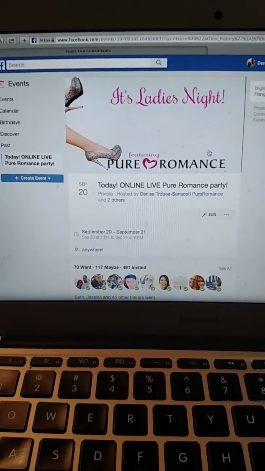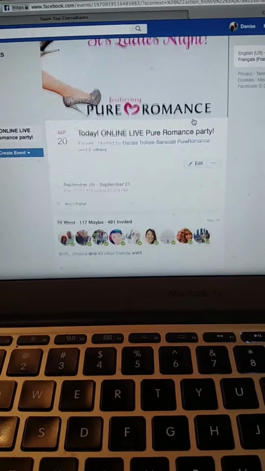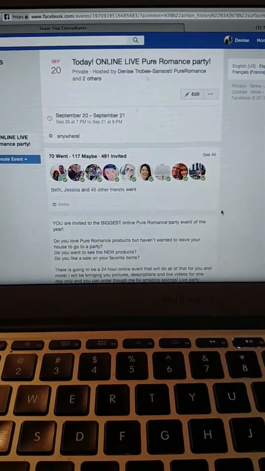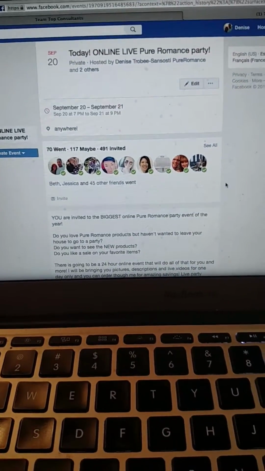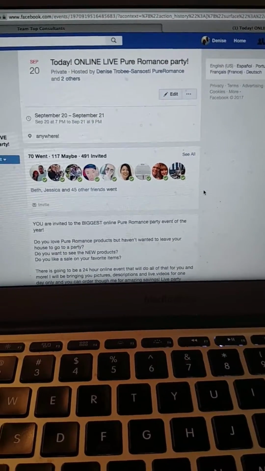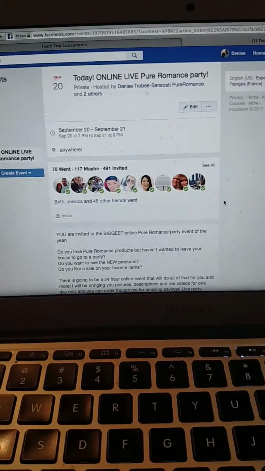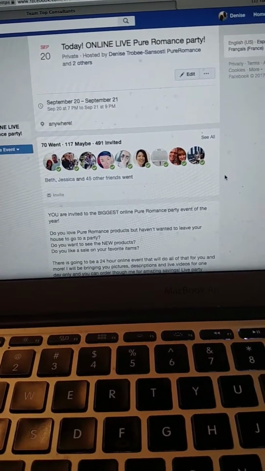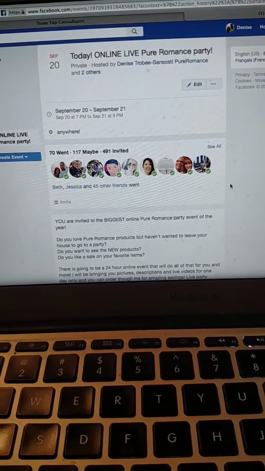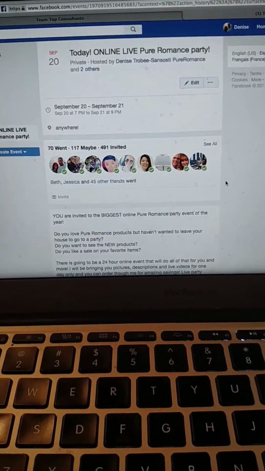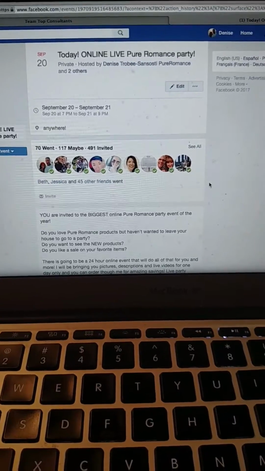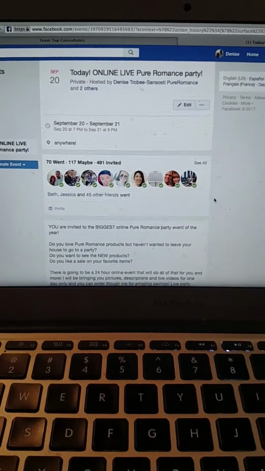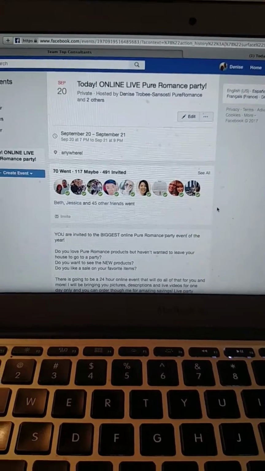So I found 10 hostesses and I gave them a list of exactly what was going to go on and what I wanted from them and expectations. Like I wanted them to invite at least 50 people. I wanted them to know what days it was going to go on. Also that there was a deadline and to engage their friends as much as possible.